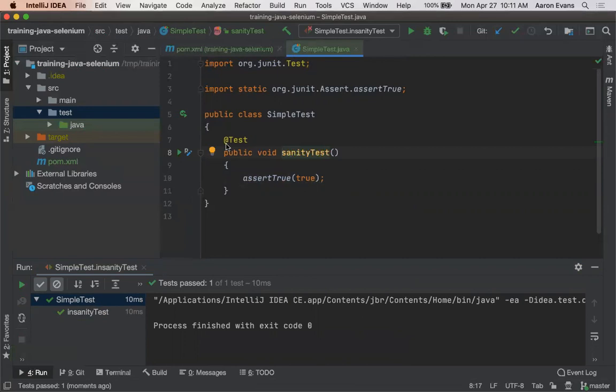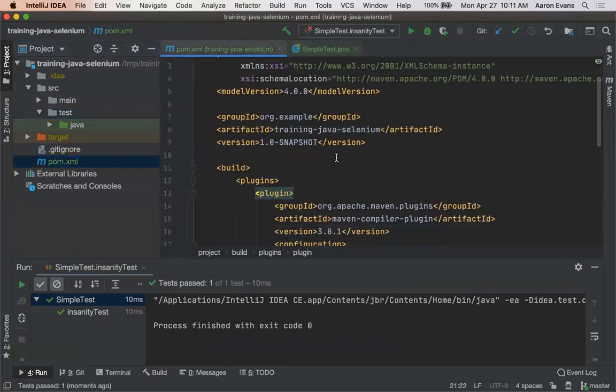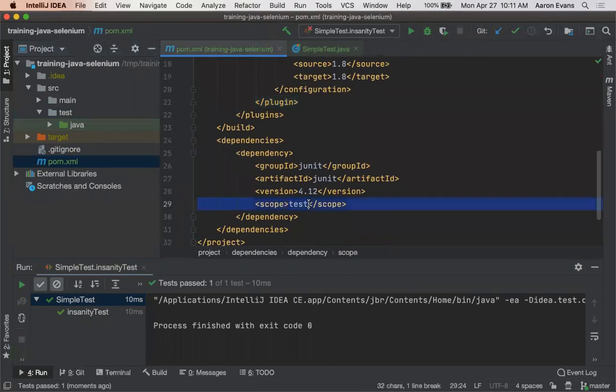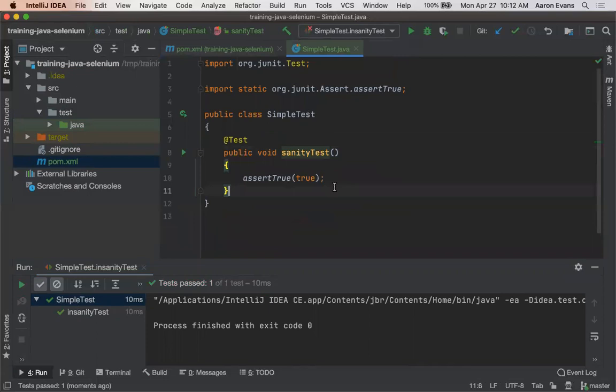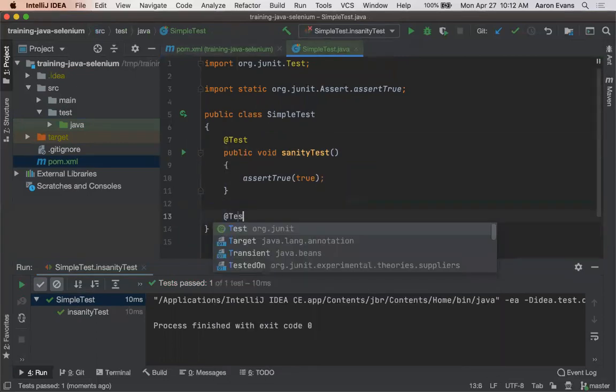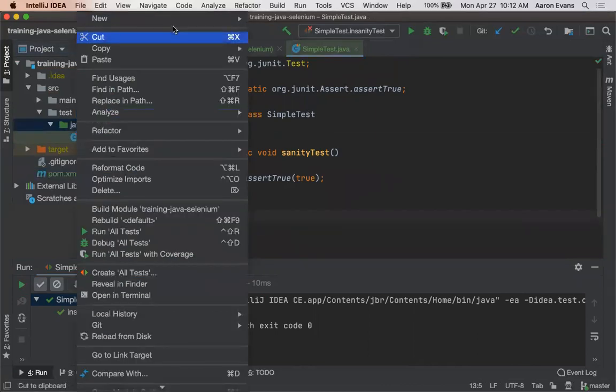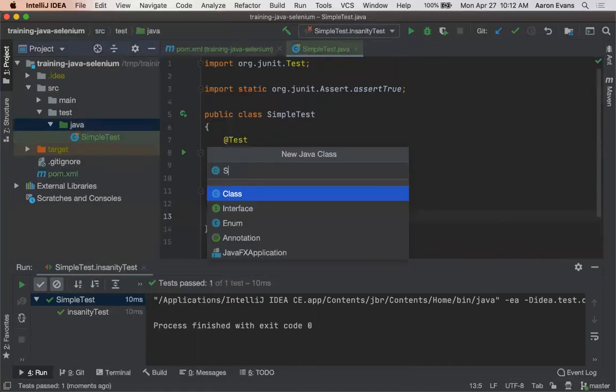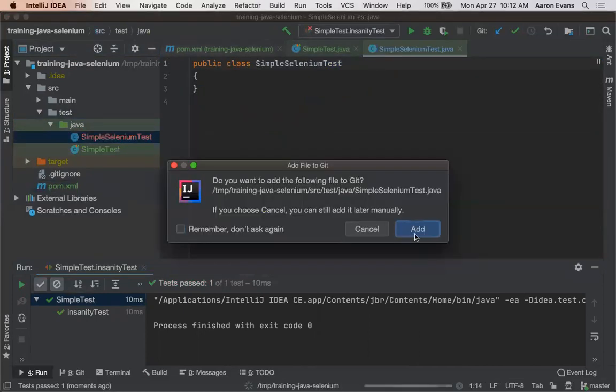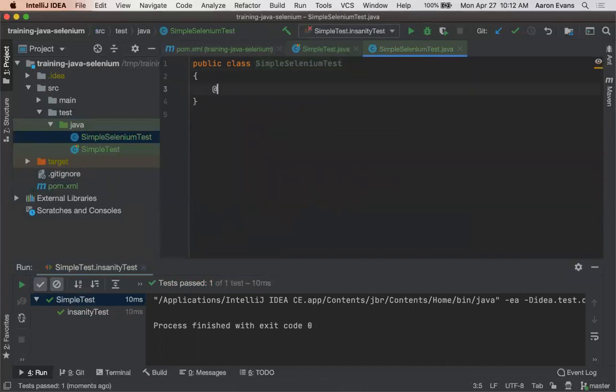All right, so we've got JUnit. We've got it added to our pom.xml in the test scope. Now let's add Selenium. We'll just create another test, and we'll call it public. Let's create it in a different file. We'll call this simple Selenium test. Yes, we'll add this file to Git as well. And then once we get this up and running,